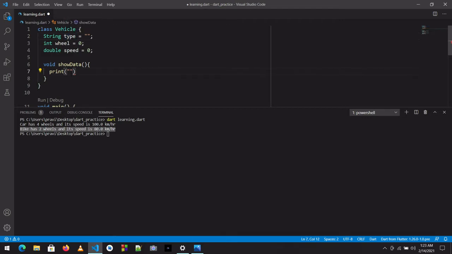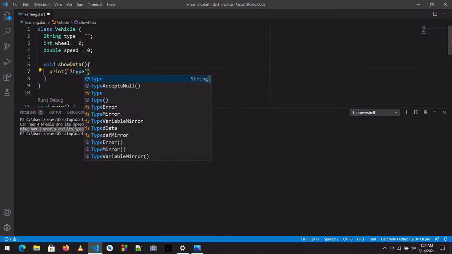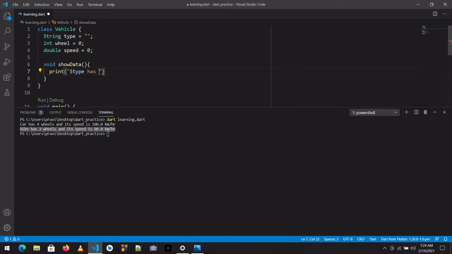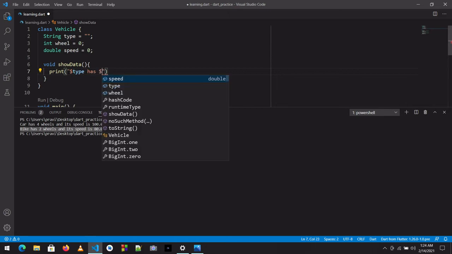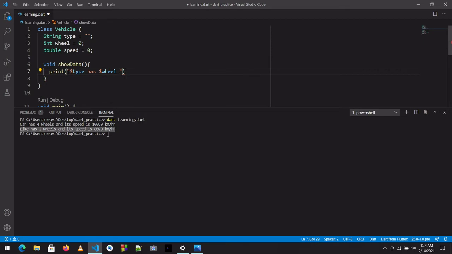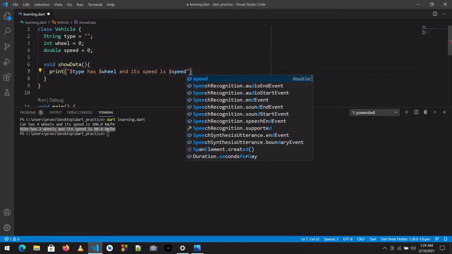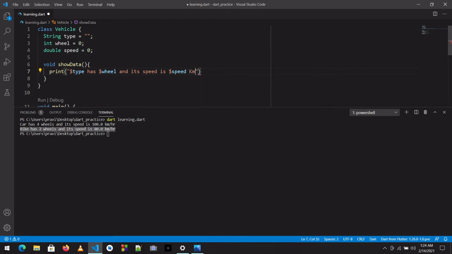So I will write here print dollar type has dollar wheel and its speed is dollar speed kilometer per hour.